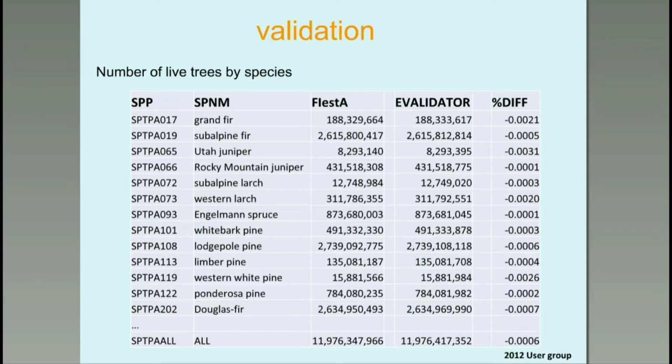Same thing with the non-ratio and the ratio estimators. Just making sure that we're comparing with a validator, and it's looking pretty good. Our differences are very, very small. So